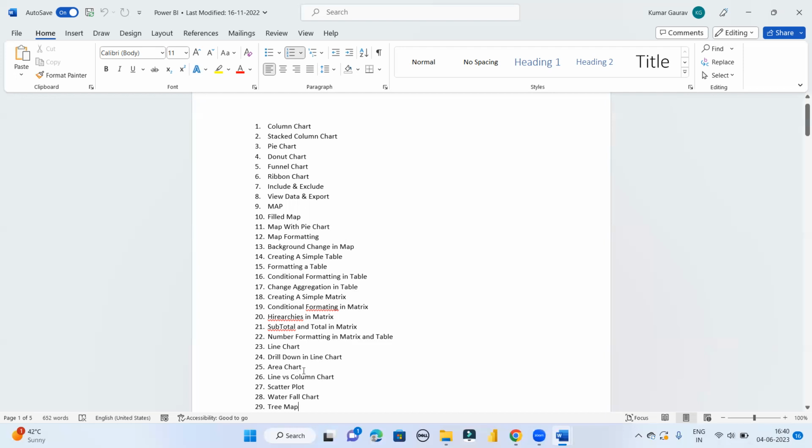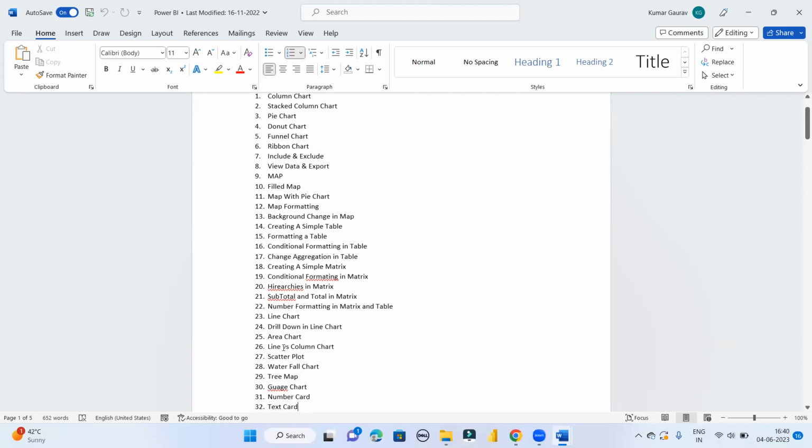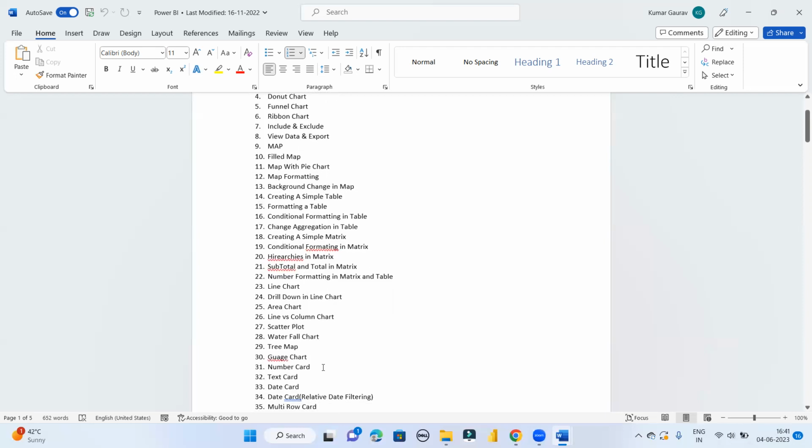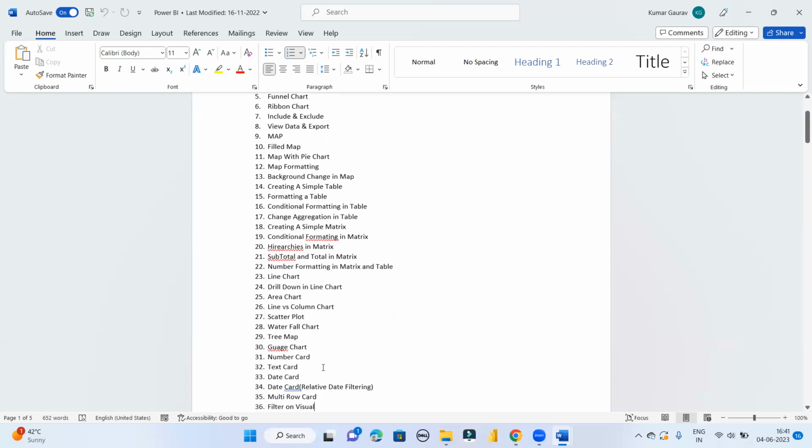Then we will see the area chart. Then we will see the line versus column chart. What is the difference between the line chart and the column chart? How can we create both line and column charts at one time? Then we will study the scatter chart, then the waterfall chart, then the tree map, then the gauge chart. Then number card, text card, date card, relative date filtering, multi-row card,